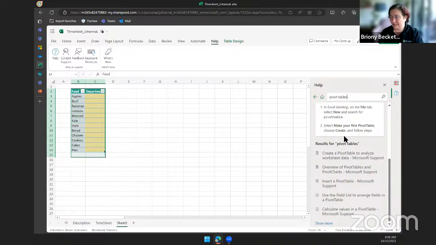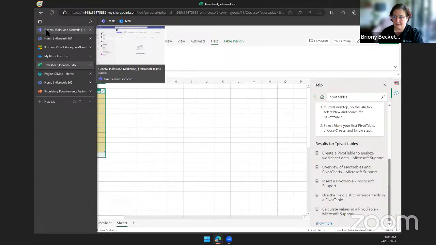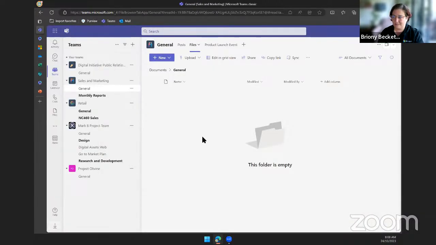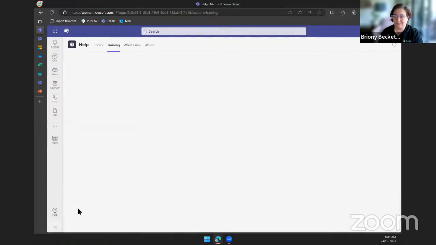Another really easy place to get help, with tips and tricks, is Teams. Because this is a product that is continually getting new features and new capabilities, this is probably where the help menu really comes into play. The training for this product has actually been built into the help menu.